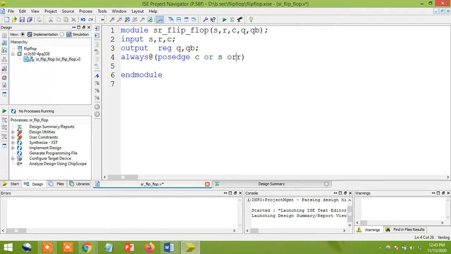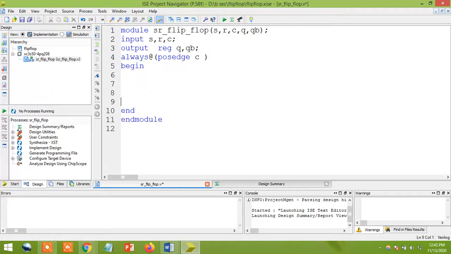Your wish. Sometimes if you don't take this one also, it will work because I'm going to define my S and R again. So my wish. Here I'm not going to consider them. I'm just going to define my posedge clock only. Now, if you choose any one of the always statements, next I'm looking at the two statements, very important. One is begin, another one is end. So between begin and end, you need to write the program.